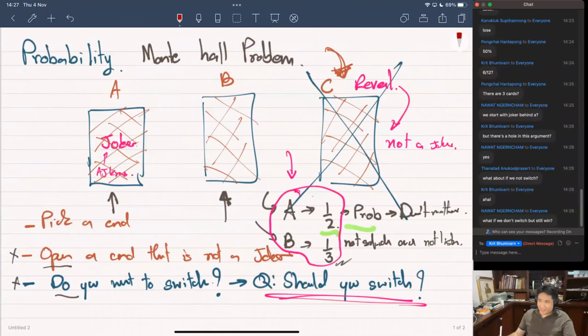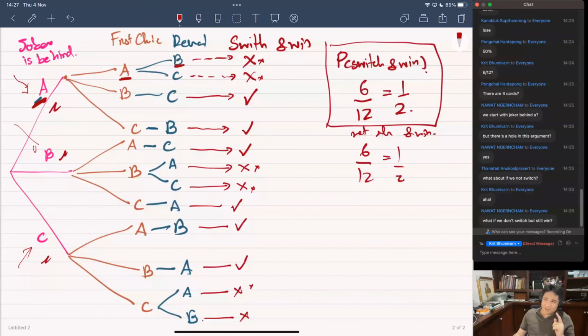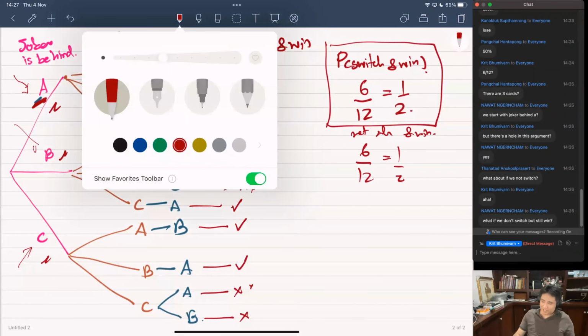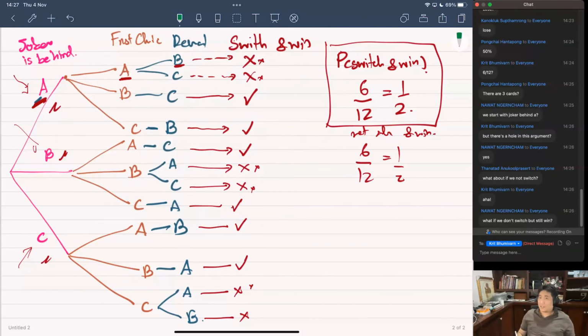But if you think about it, the second argument is very sound, right? The fact that I asked you to choose or not should not change any probabilities if you don't listen to me at all. No, let me tell you something is really wrong with this argument. Can anyone tell me why? What is wrong with this argument? This is going to teach you something really important about probabilities. A lot of people have a misconception about probability because of this property. Anyone?